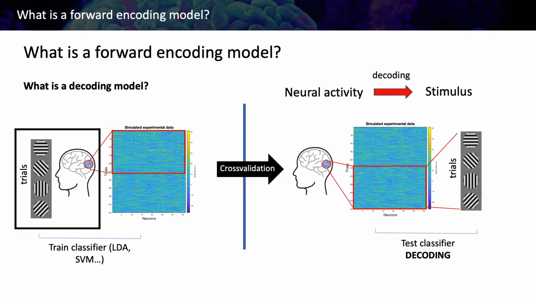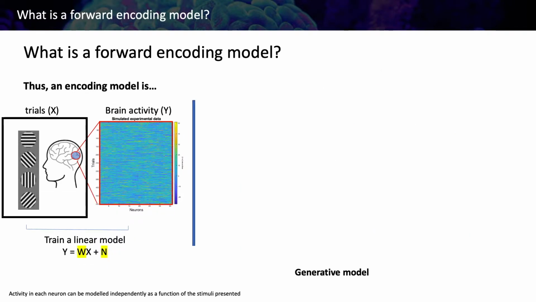So essentially, a classifier and decoding implies going from neural activity to the stimulus. This is what is called a discriminative model. It's discriminative because what it basically does is separate between the different classes. It tries to maximize the difference and say if something is different or if something is similar, without really understanding why the two classes are different or similar. In contrast, the encoding models have a different purpose. Although some parts of the functioning are similar, there are some critical points that should be taken into account.